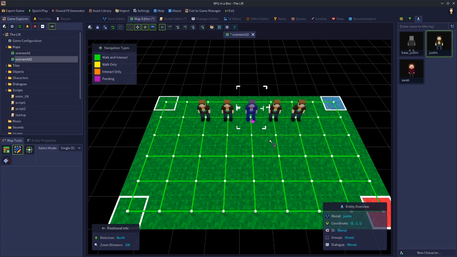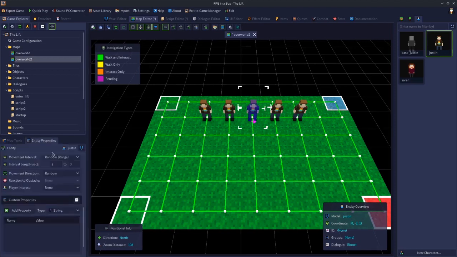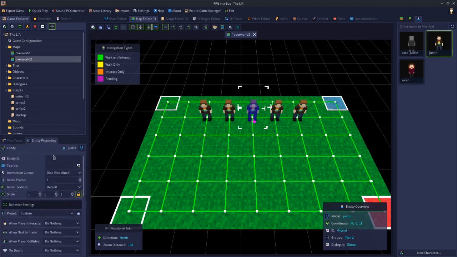So where is the entity ID information? So if you click on one of your objects or characters or tiles and go to the entity properties in the map editor, scroll up, it's the very first option. And all you have to do is just give it an ID. So let's say I call this Justin_3 because it's the third Justin in the line. As soon as I click off,